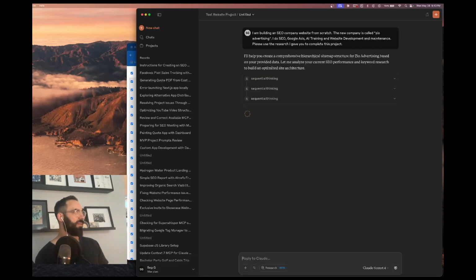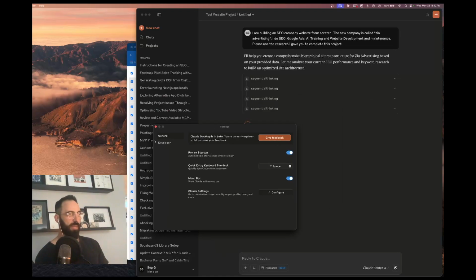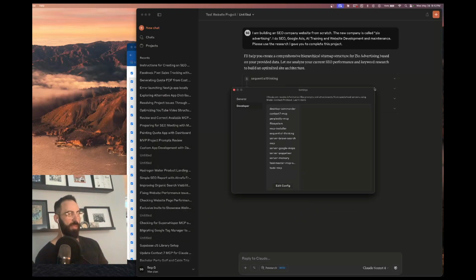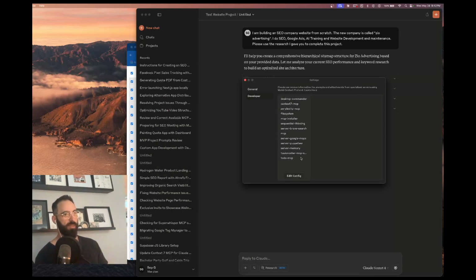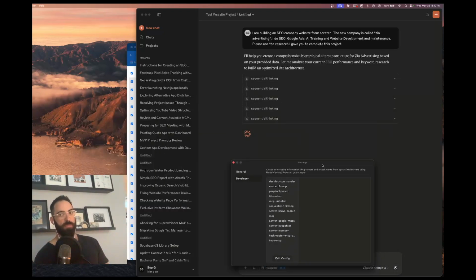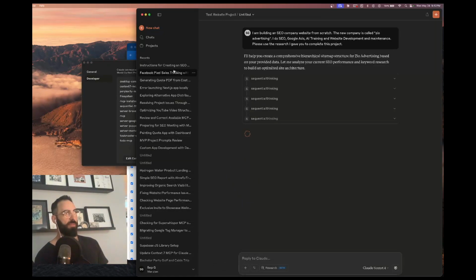You go to settings, and then in your settings you'll see developer. And then you'll see all of these little things here, right? All you have to do here to make anything happen for you is go into one of these, open a new chat, after this is done, and just say, hey, you are in Claude Code, you're in Claude Desktop, add to yourself any